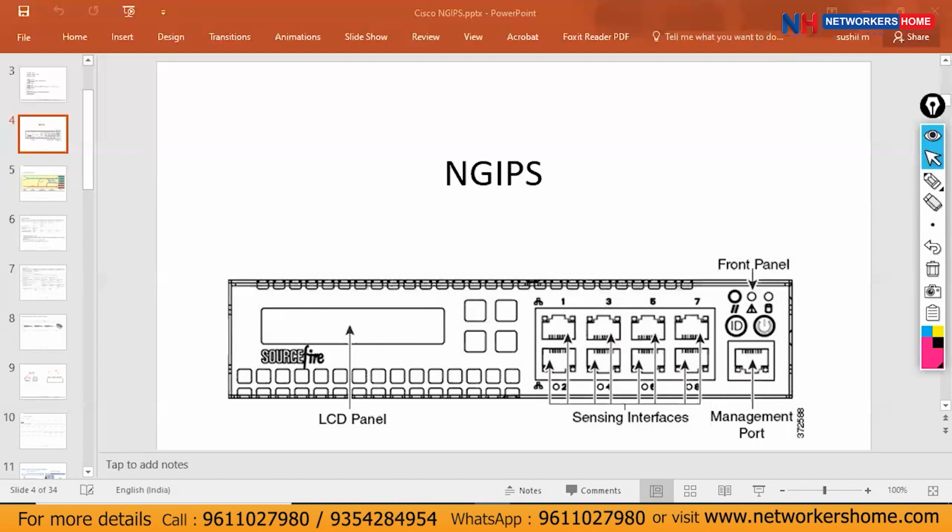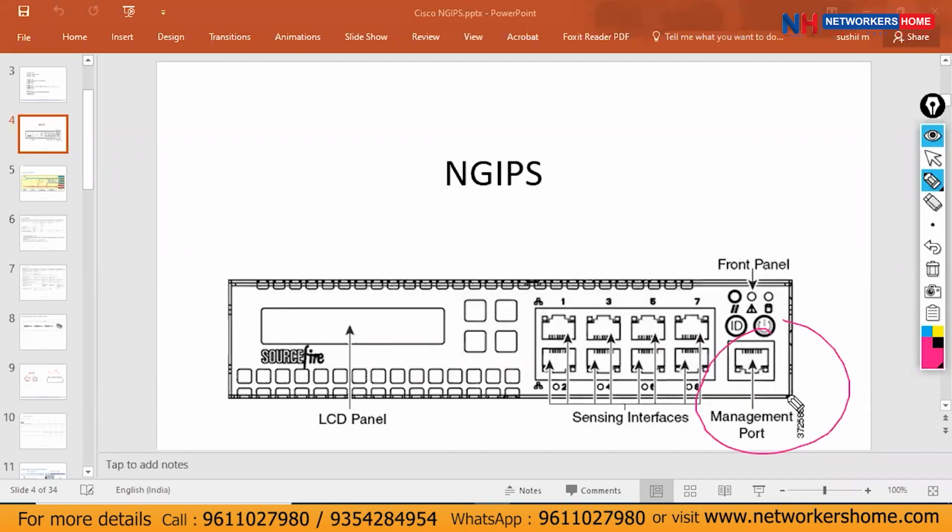Have you ever seen taking remote access through the console port? Is it possible? Anthony, yes, console port taking remote access. Are you assigning an IP address to the console port and taking remote access? That's what I'm saying. The console is used for physical access, with no need for any IP address. But coming to the management interface, this interface should be assigned an IP address, and based on that IP,